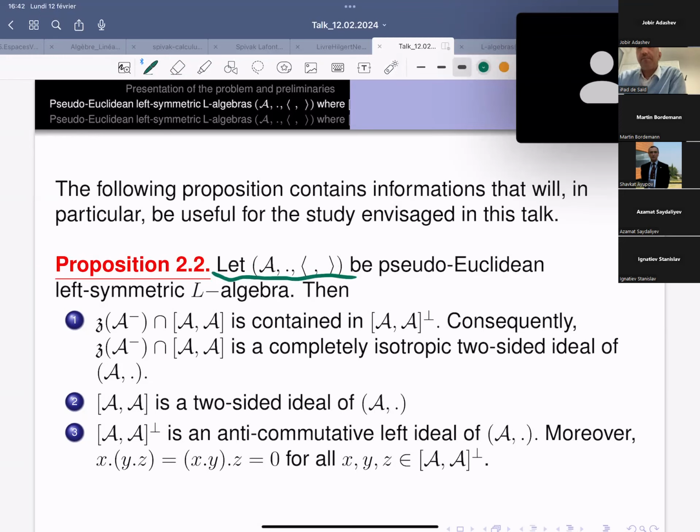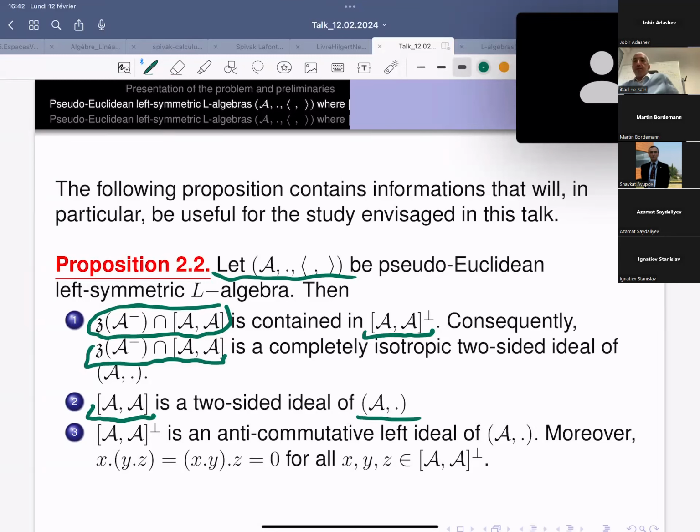The first one we can prove by a simple calculation: this intersection here is contained in the orthogonal of the derived ideal of R minus. Consequently, this one is exactly completely isotropic, that is to say an ideal. You can check that this derived ideal is a two-sided ideal